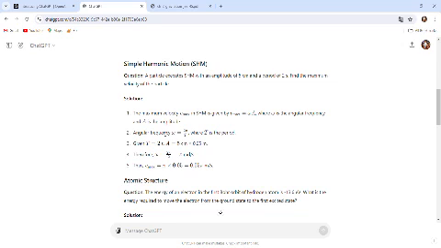Angular frequency omega is equal to 2 pi by T, where T is the time period. Here T is given as 2 seconds and amplitude is given as 5 cm, which is converted into meters: 5 by 100 is 0.05 meter. Therefore omega is equal to 2 pi by 2, which is pi radians per second. So Vmax is equal to pi times 0.05, which is 0.5